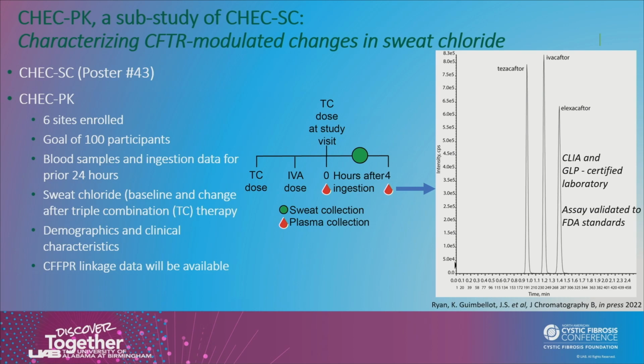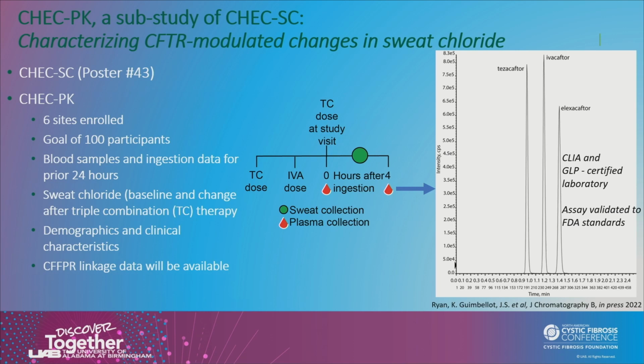CHEC-PK, on the other hand, is a sub-study of that, and re-enrolled participants at 6 sites. And it's the first attempt to assess sparse sampling of blood samples to assess the variability during typical real-world use of triple combination therapy. And so we were really able to leverage this existing infrastructure of the CHEC-SC study at these 6 sites